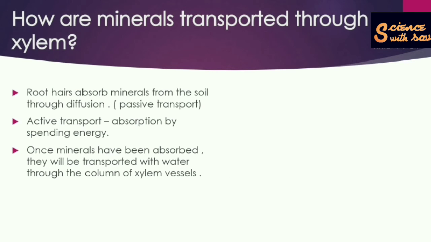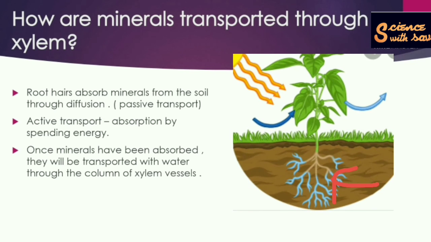And in the same way, the minerals are also transported through the xylem tissue. The root here absorbs the minerals from the soil either by diffusion, that is a passive mode of transport, or by active transport by the expenditure of energy. The minerals which are absorbed will be transported along with the water through the xylem column. In this way, through the xylem tissue, the water and minerals which have been absorbed by the roots reach the